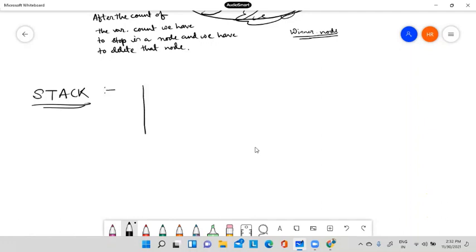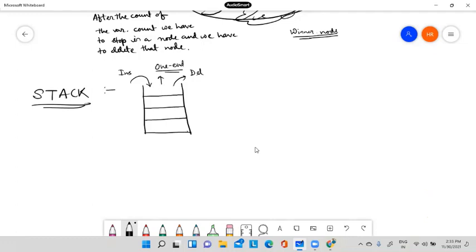The picture of the stack is like this. One end of the stack is always closed, and the other end is open. So whatever operation we do in the stack, insertion or deletion, will be done from one end.